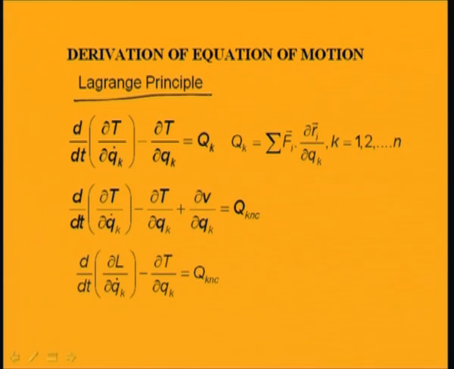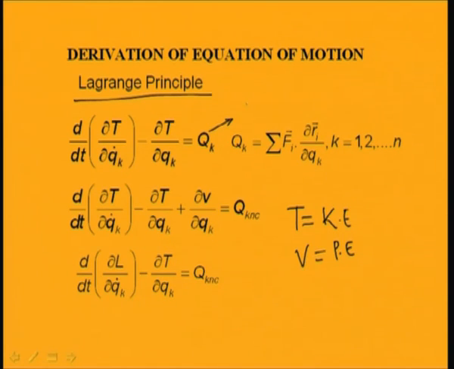Already I told you, in case of Lagrange principle or extended Hamilton principle, we can have the potential energy and the kinetic energy of the system. Let T be the kinetic energy of the system and V the potential energy of the system. According to Lagrange principle, d by dt of del T by del q k dot minus del T by del q k equal to this capital Q k,